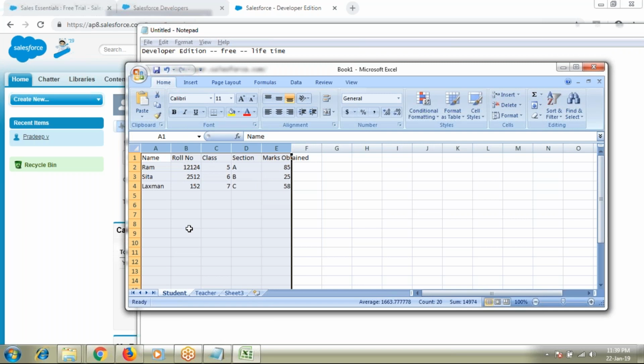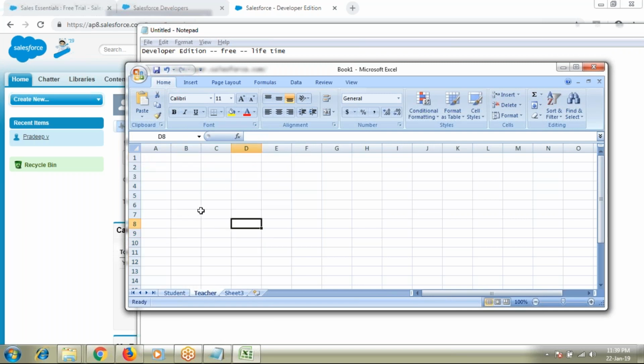Like how we are maintaining for a student, we can also maintain one for the teacher, like teacher name, experience, subjects handling, phone number, email ID, address, all the details. So first sheet is students, second sheet is teacher, let's suppose third sheet is some classroom sections also. So these are all the different tabs.